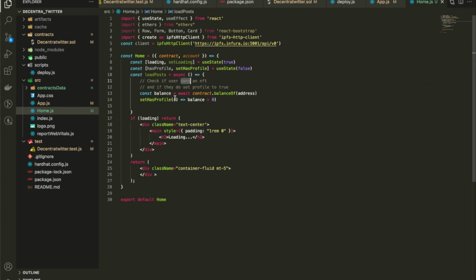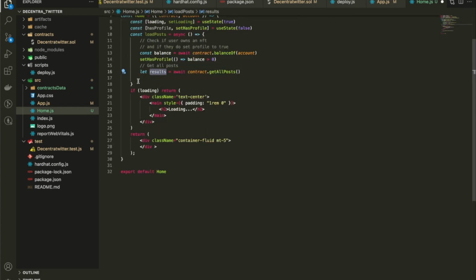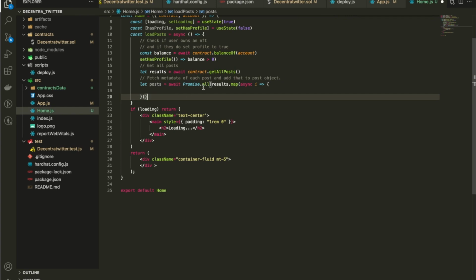So the way we check for that is we call the balance of function on the contract, and we're going to pass in the account property of the home component to it. And then that will return the number of NFTs that account owns. And if that number is greater than 0, then we're going to set the has profile state to true. And if not, back to false. And next, we're going to call the get all posts function on the contract. And then we're going to map through all of the results like so